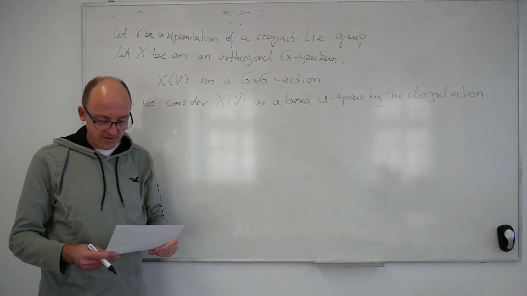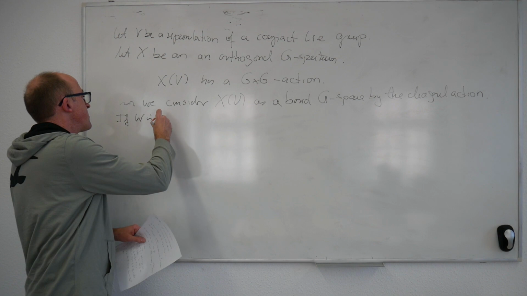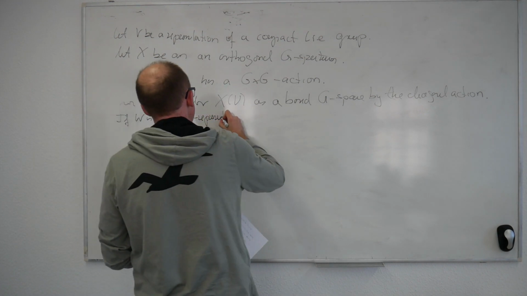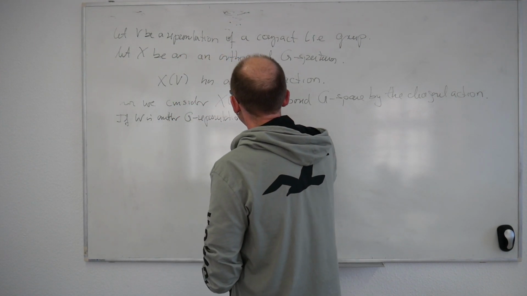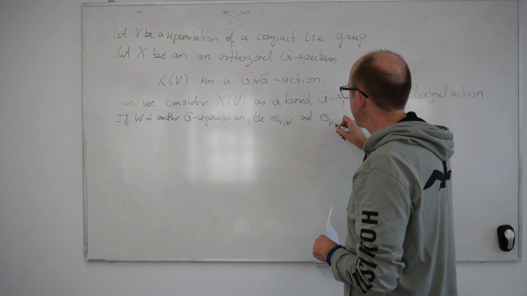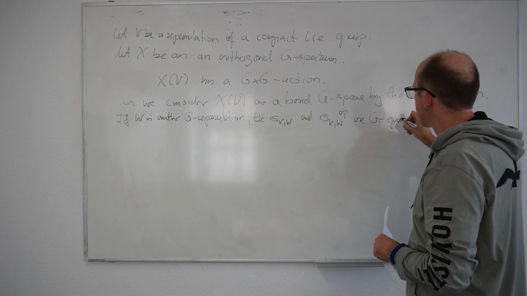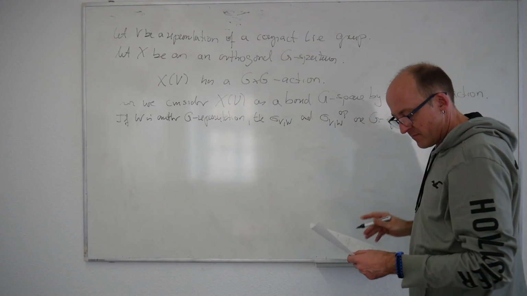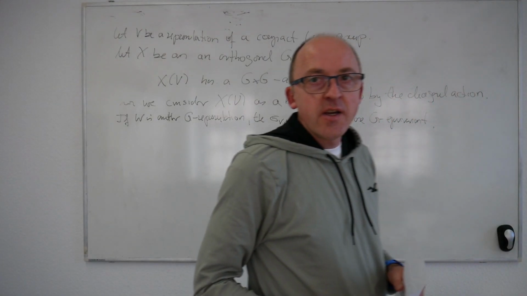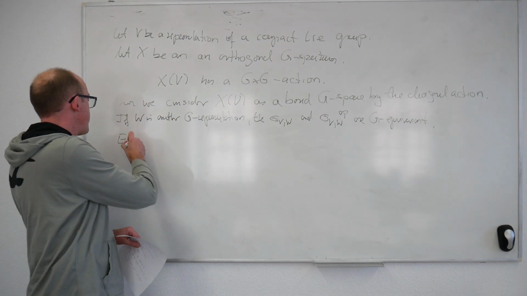Despite the fact that G could possibly act trivially on X, we're going to get non-trivial G spaces out via this construction. All right, if we have another representation, if W is another G representation, then the structure maps sigma VW and sigma VW op are automatically G equivariant. All right. Now I can remind you of equivariant homotopy groups. This is also a very important theme.